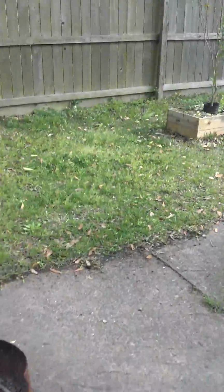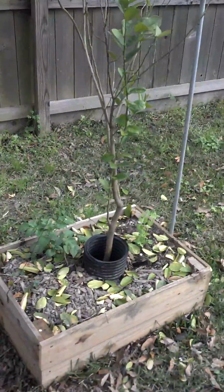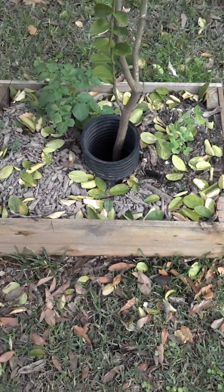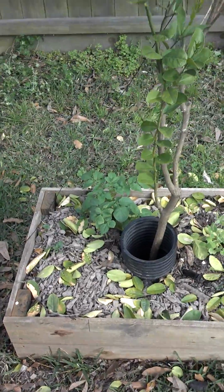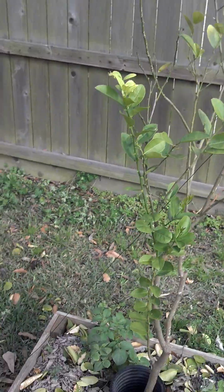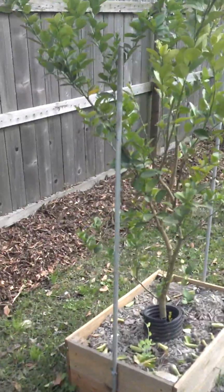And here I have a key lime tree which I burnt. You look at all the leaves there. I put 3 types of fertilizer and really burnt this key lime tree. And here I didn't burn